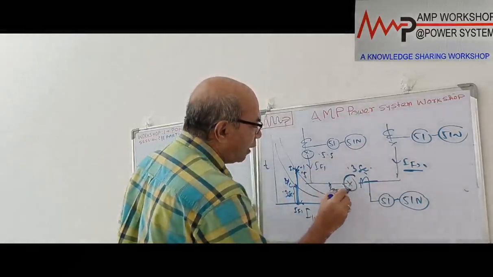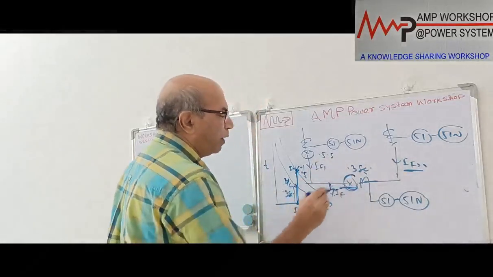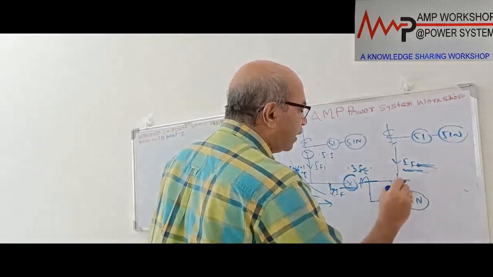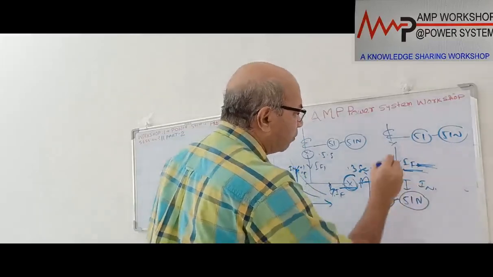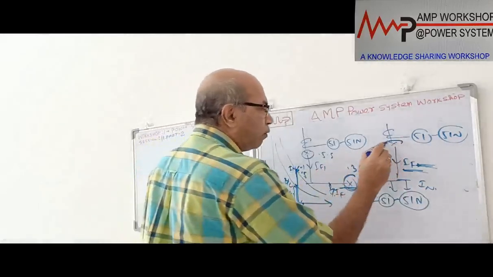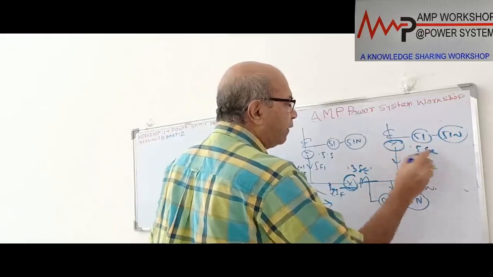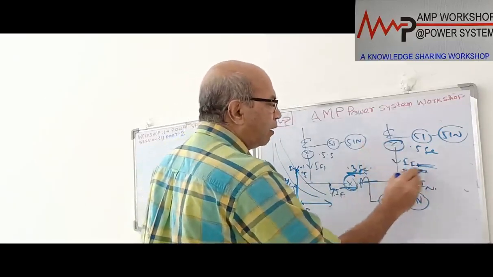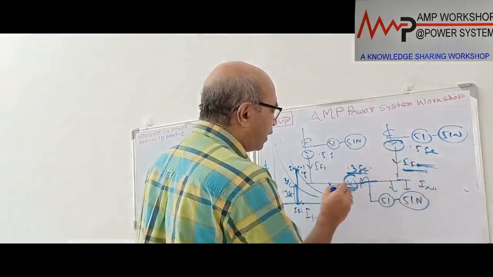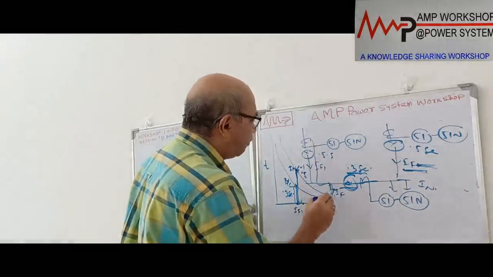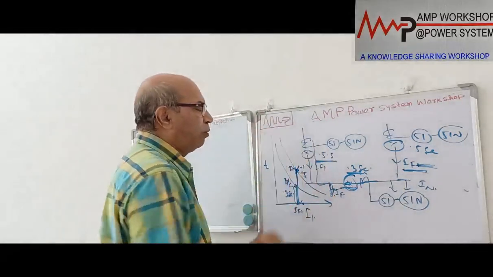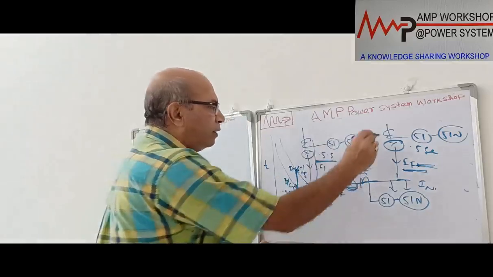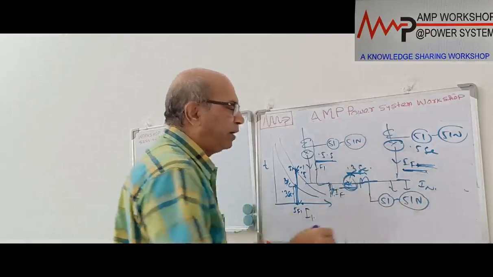So after 0.3 second, the bus coupler is open, and immediately this fault feeding will be stopped. If there is no fault feeding over here, it will be giving the normal current. So this should operate at 0.5 second, but after 0.3 second, this CT will not see the fault, because the fault is not coming from this way. Only this is feeding the fault. So after 0.5 second, it will operate and this fault is cleared, and this one section of the bus bar will continue feeding the power.